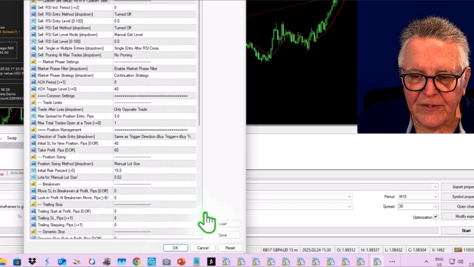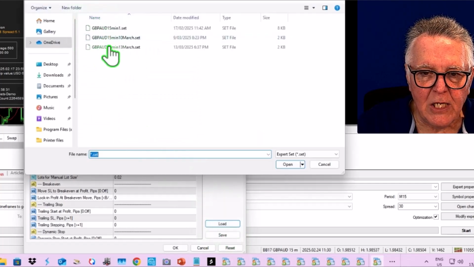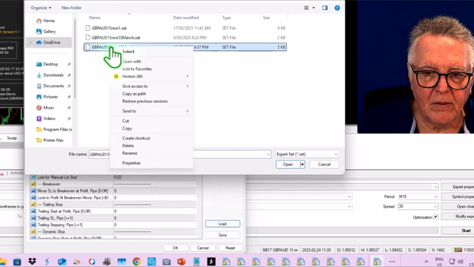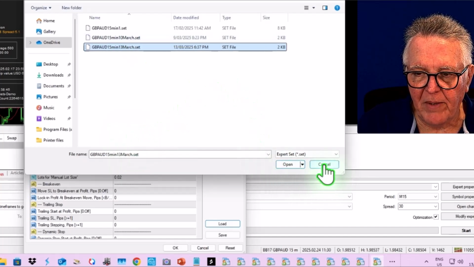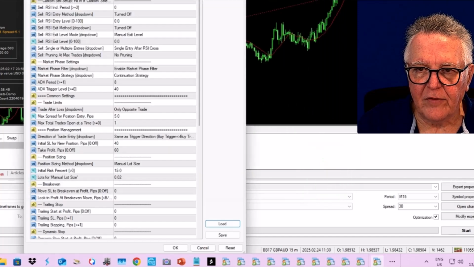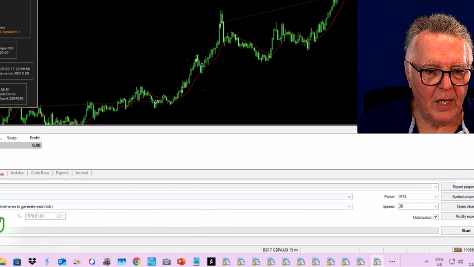Now after we've saved them, we go back and we say, oh, we want to load them, and I then copy that. So I right click and I copy them. So now those settings are in the memory, and we say, okay, that's fine. We close. We don't want that anymore. So we go now to our